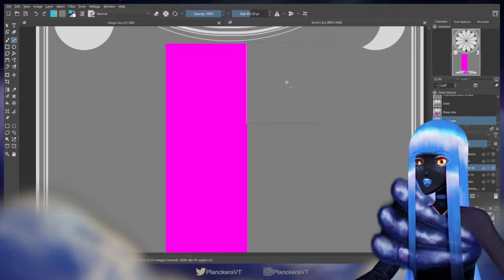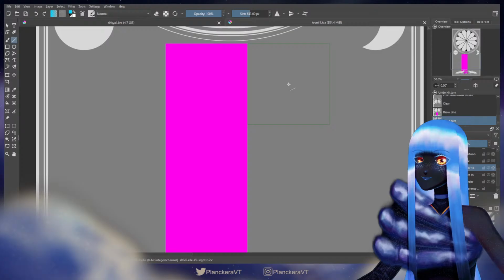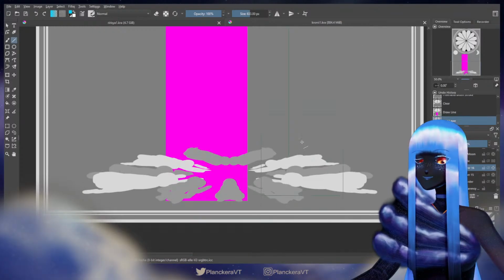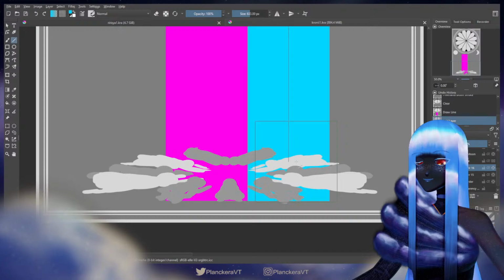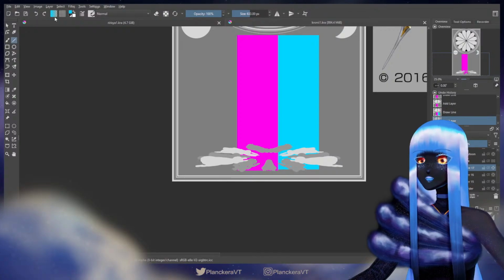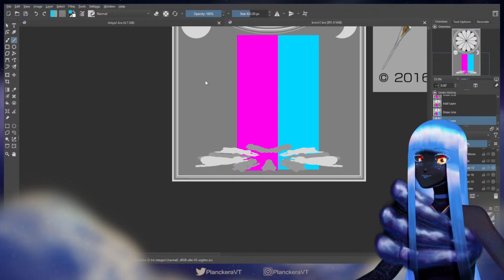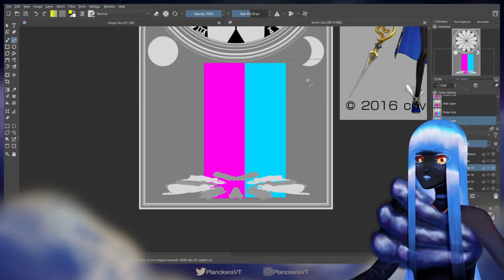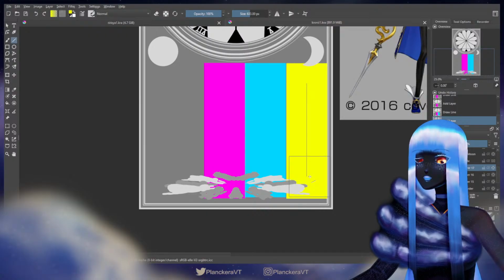I'll worry about getting all of this symmetrical in just a second. And it's fine if there's a few gaps. These are gonna all be placed afterward. But I just need to get the things down so I can move them into proper places and hopefully get them properly symmetrical.